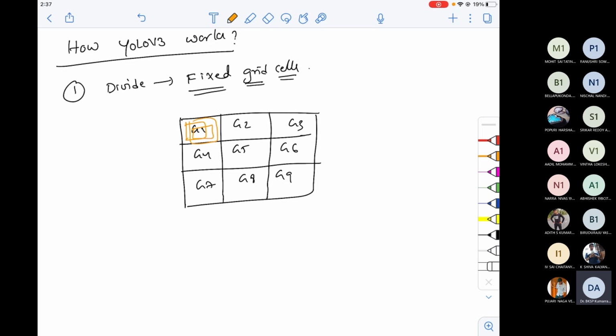When they drew 3 boxes per grid, they could see that the proposed boxes can cover only the smaller objects. YOLO V3 used to draw bounding boxes around small objects only, but it could not solve the problem that it cannot draw bounding boxes around larger objects.